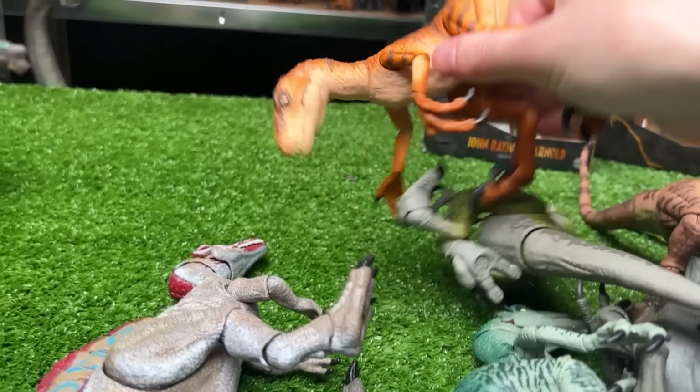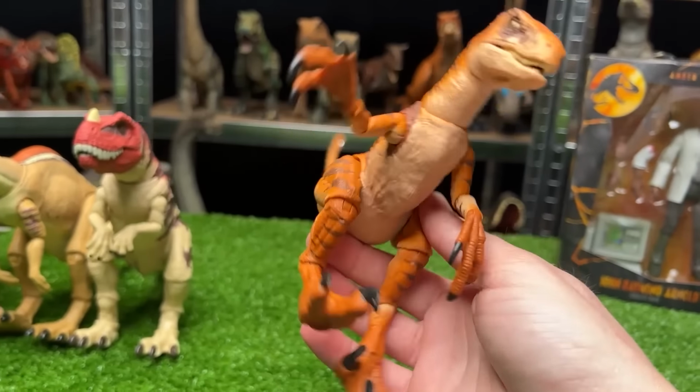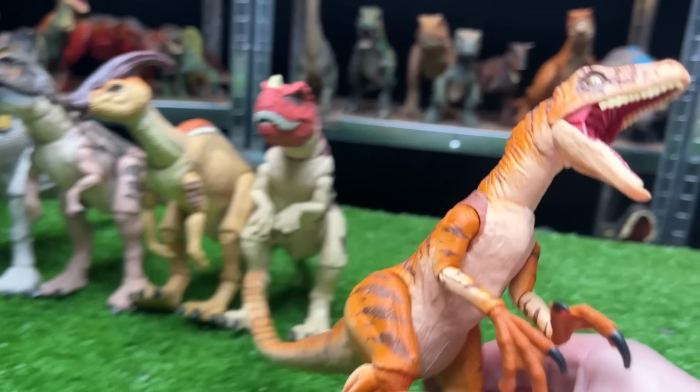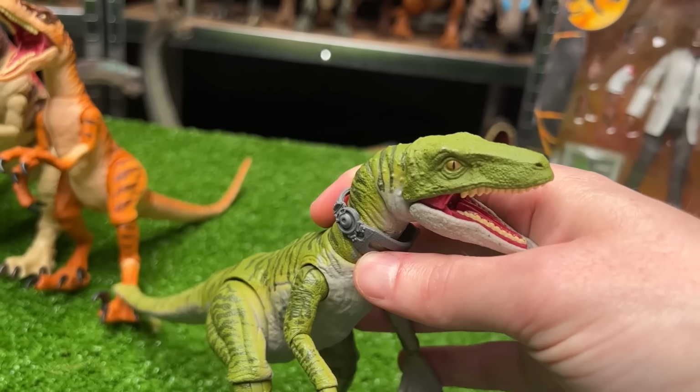collection figure, which is a Velociraptor figure. I believe this is the generic Velociraptor from the Amber collection, so it doesn't have a name, but it has some pretty cool coloring with the bright orange and the brown striping. So now let's go ahead and put this one in line, and let's grab our next Amber collection Velociraptor, and